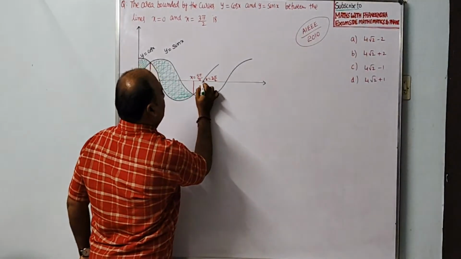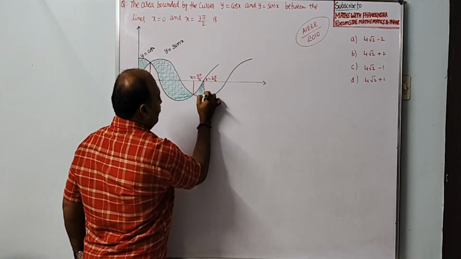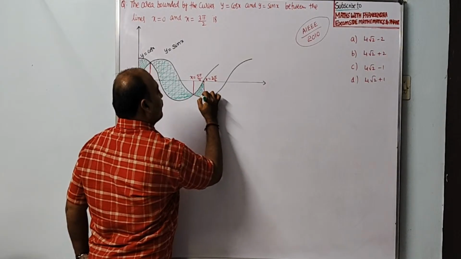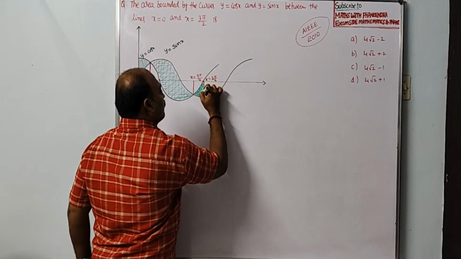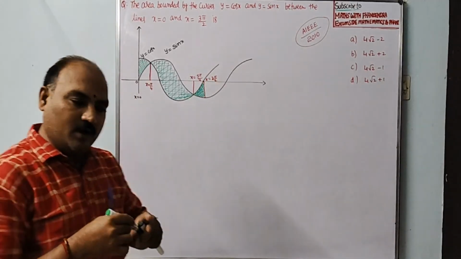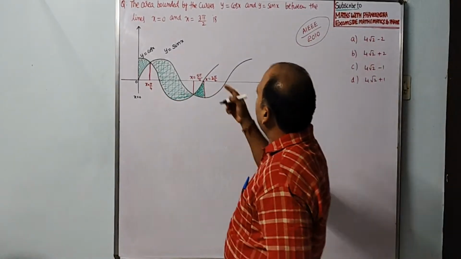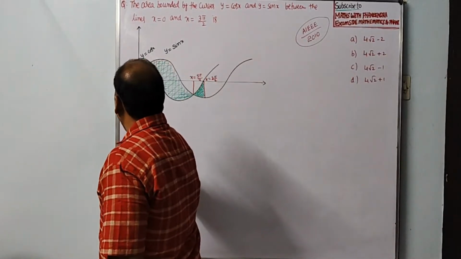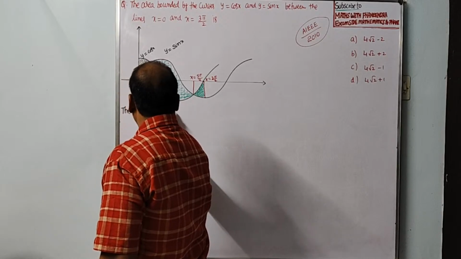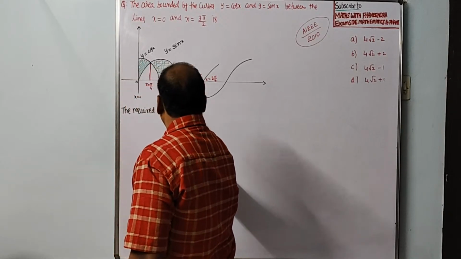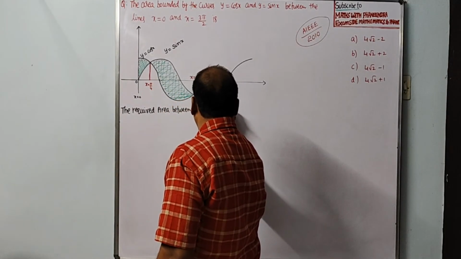Next, this area. So from here, we will continue with that. So the required area from the curves, the required area between x equal to 0 and x equal to 3 pi by 2